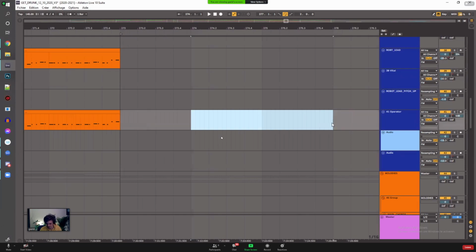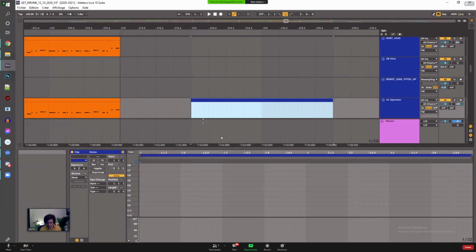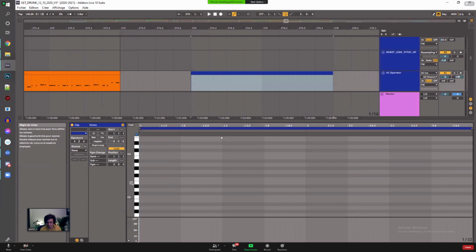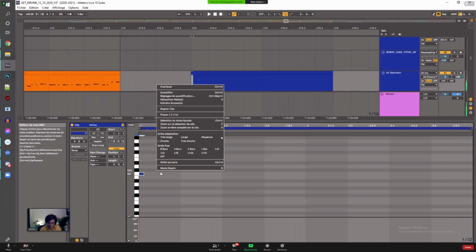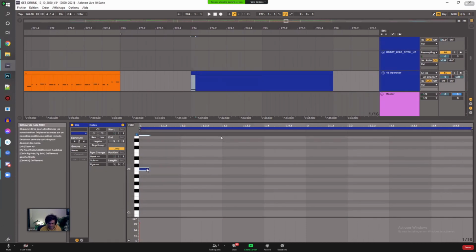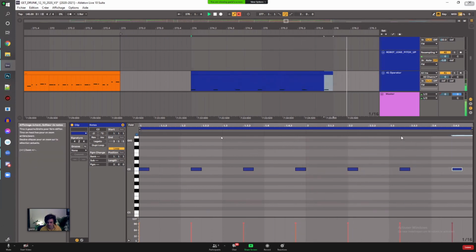So let's say I use a 5/16 pattern. I don't know what it will give, but it's harder to grasp because they are further apart.